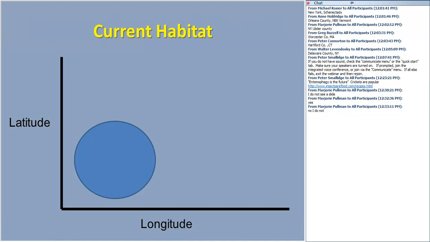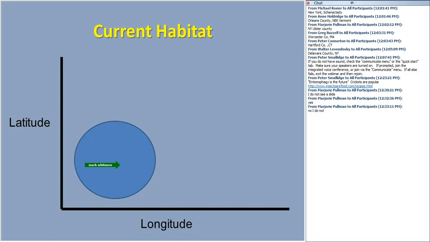When it's going to happen, why it's happening, I don't know. Will it be just because of that little bit of shift in phenology? I don't know, but just thinking about it, here's a slide with what I call the current habitat, and you can put anything on these axes. I would consider it an n-dimensional hypervolume. Basically, this is the area where the tree is comfortable right now. Longitude and latitude are just a couple of the things you could think about.